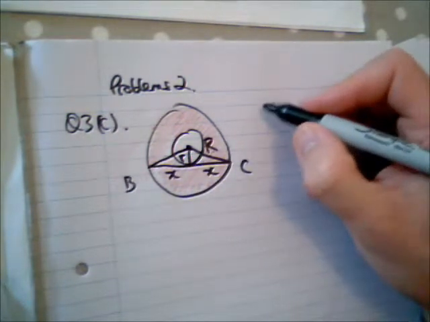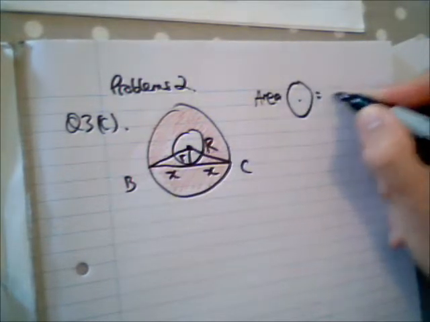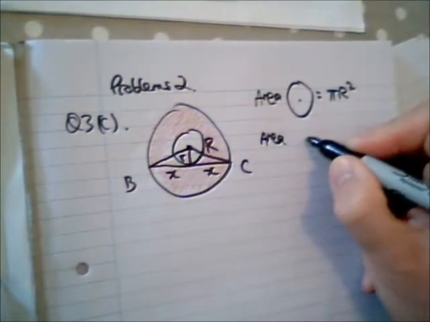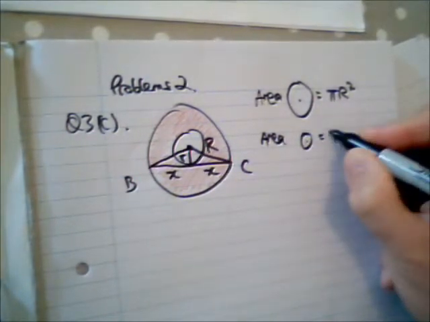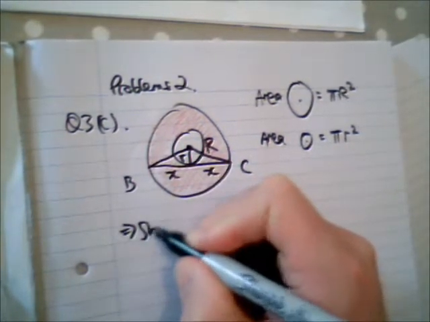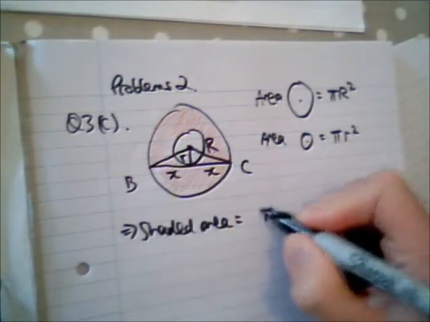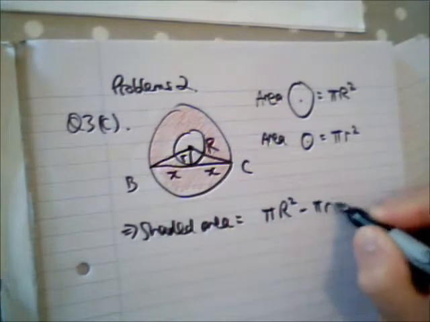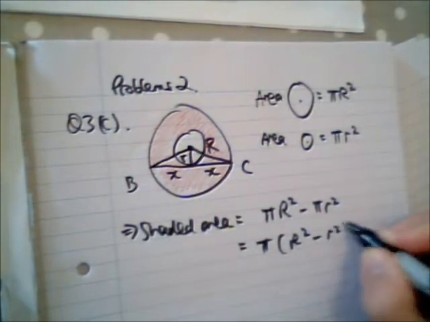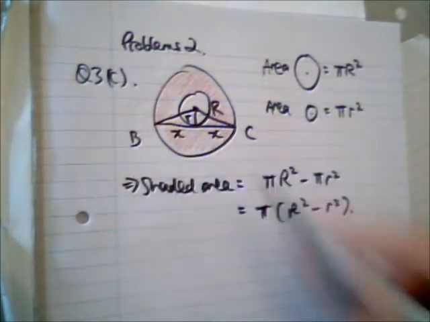So we have the area of the big circle is pi big R squared. The area of the little circle is pi by little r squared. So the shaded area is pi by big R squared minus pi by little r squared. And we can factor out a pi, that's pi times big R squared minus little r squared. Now looking at what we have up here,